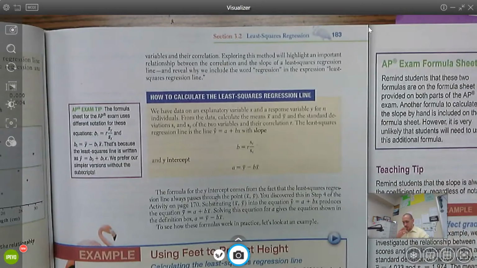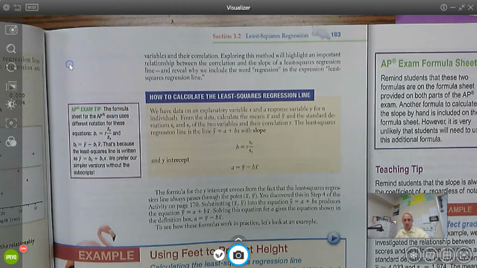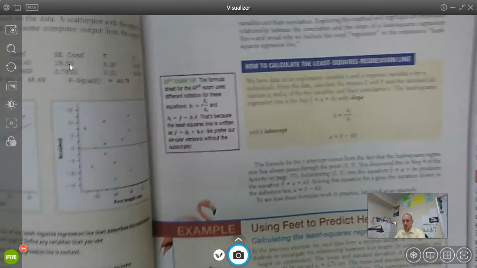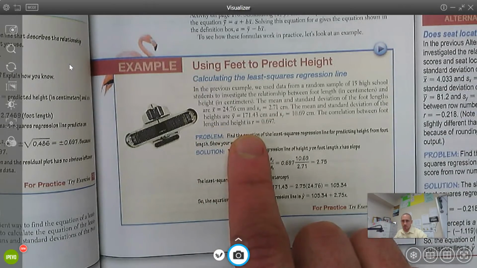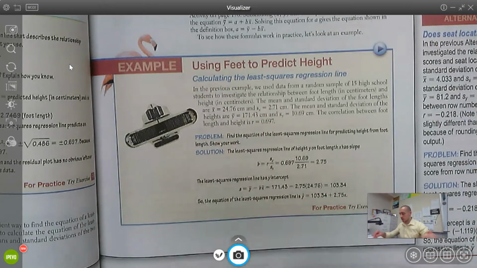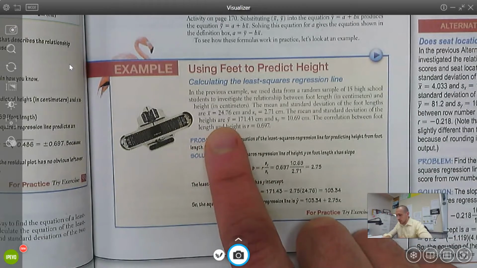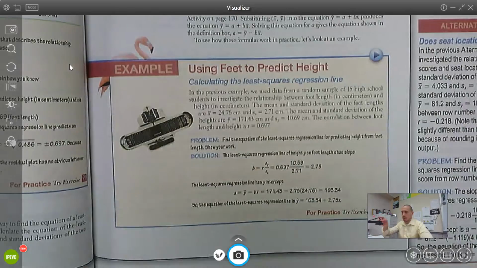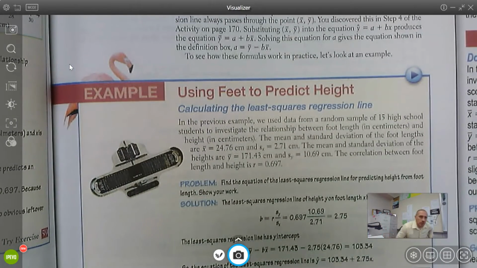So we left off talking about S and R squared, and what we're going to jump into here is how to determine the least squares regression line if they just give you the summary statistics. And what I mean by those is the mean, the standard deviation, and the correlation of the variables. So in this question, they give you the means for each variable, the standard deviation for each variable, and the correlation. So what they're doing is they're using the formulas